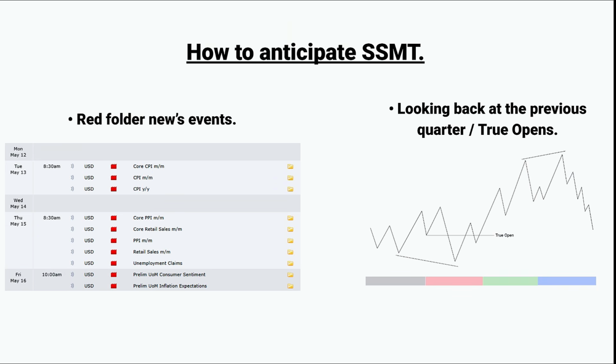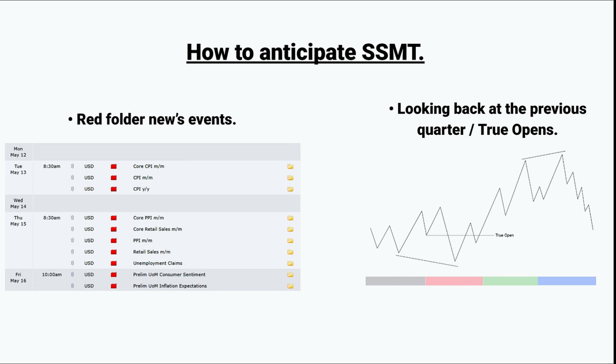So the main way to anticipate sequential SMT is literally just by looking at the news calendar and which days and times the red folder news events are at. So if you look at both images down below, you can see a depiction of how a normal week would play out and which days the sequential SMTs are more likely to form on by looking at the red folder